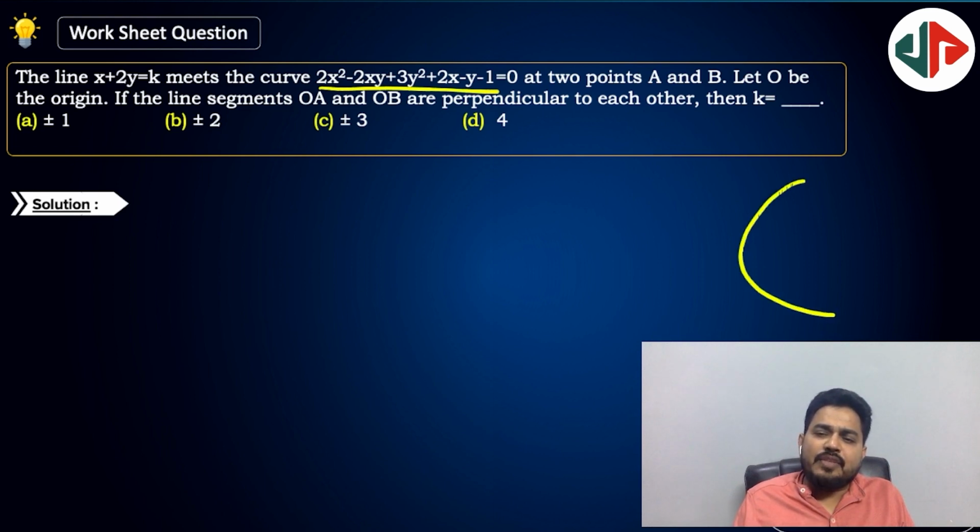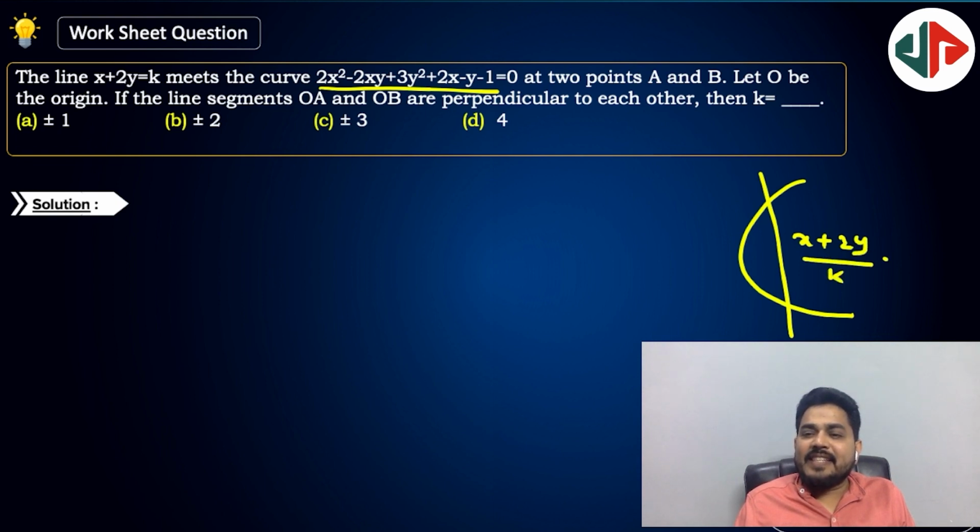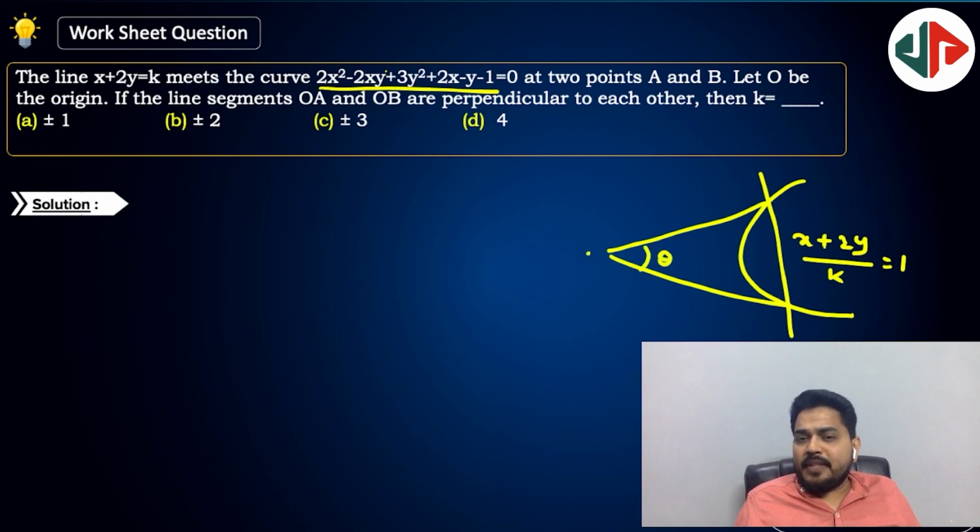Let us assume the curve is like this, and this line is meeting it. So I will write this equation as x plus 2y by k is equal to 1. Why? I'm looking at homogenizing the given two equations, homogenizing this one with this. So if this angle is theta, the combined equation of OA, OB is simply